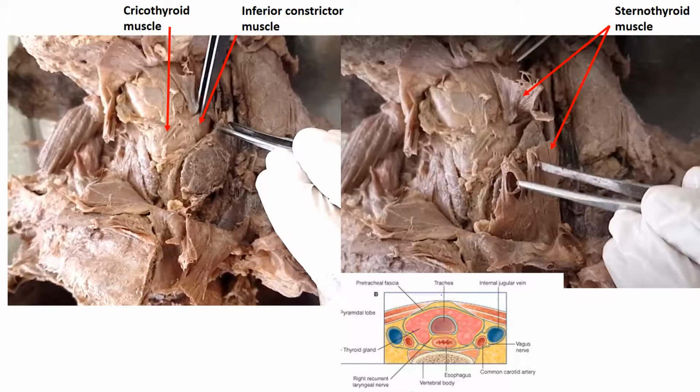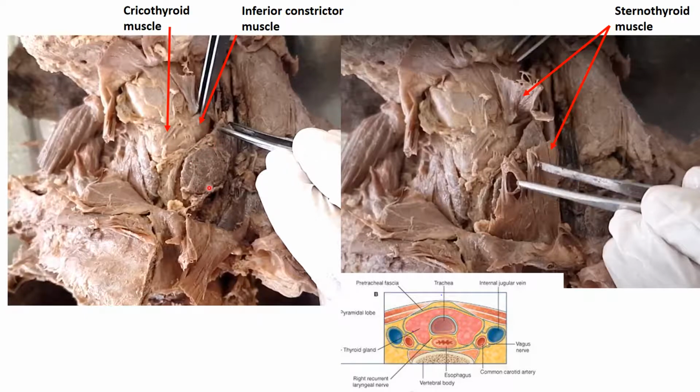Now some relations of the thyroid gland. You can see over here, this is a lateral lobe of the thyroid gland, and on the medial surface there are structures related, and these are the muscles over here. You can see this is the inferior constrictor muscle of the pharynx, and here we can see this muscle is the cricothyroid muscle. These two muscles are in relation to the medial surface of the thyroid gland. Other structures are the larynx and trachea, and we have the pharynx and the esophagus. All these structures are related to the medial surface of the thyroid gland.